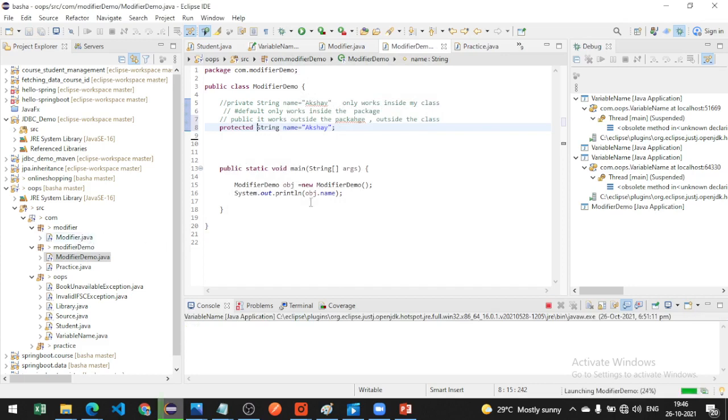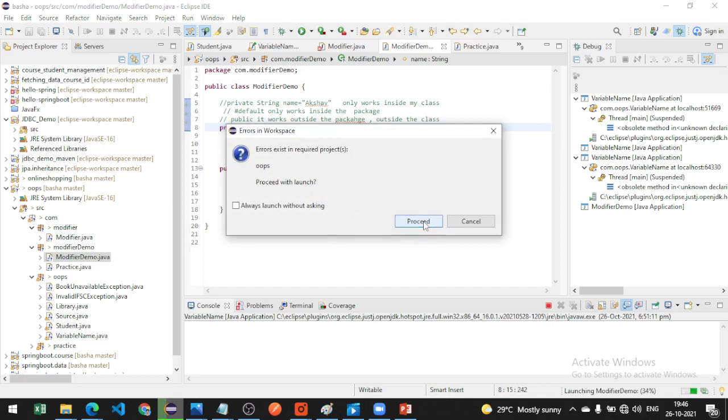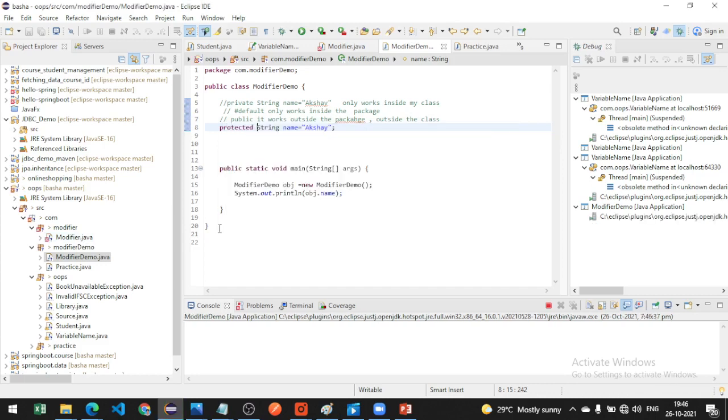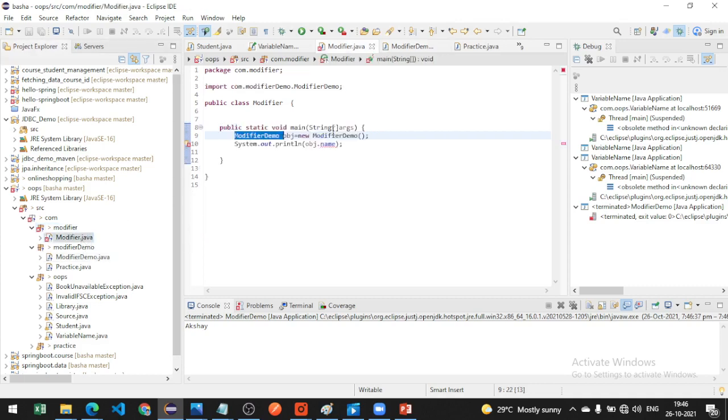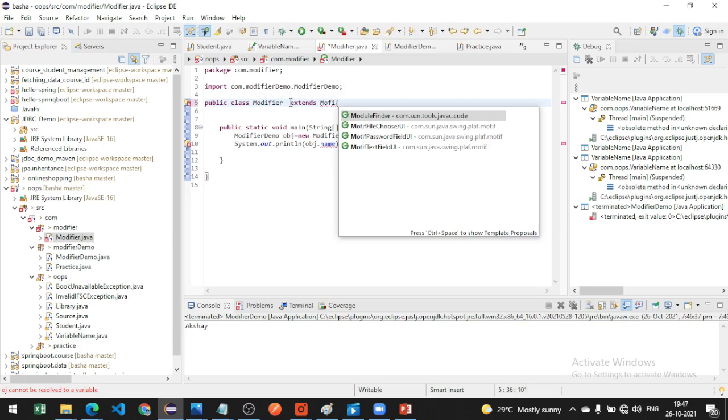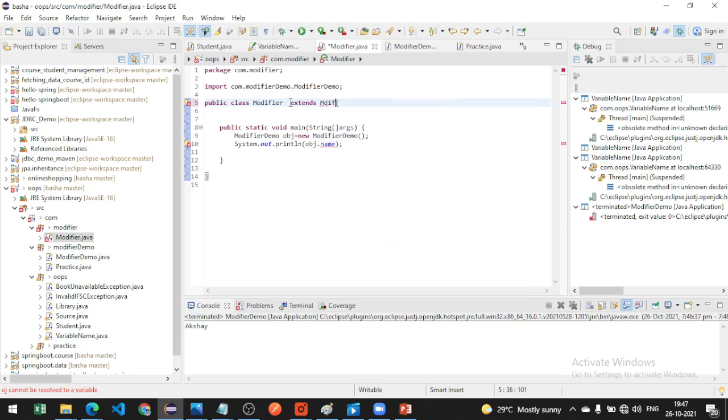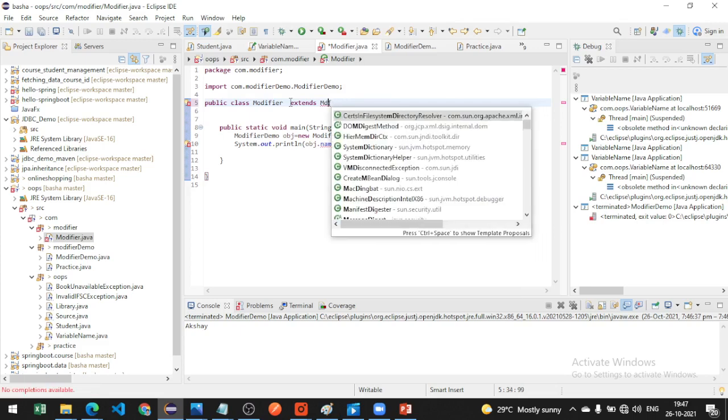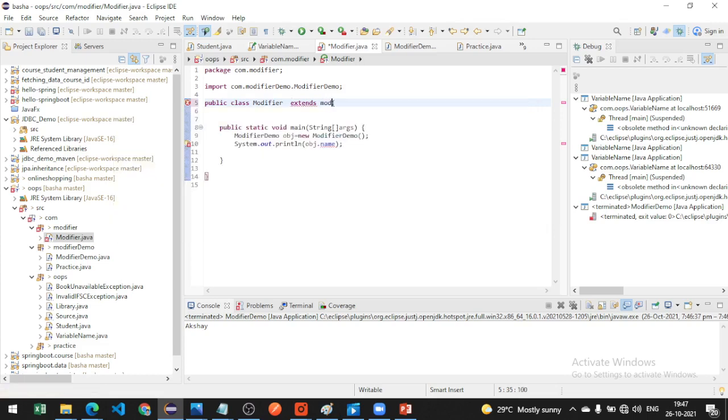It shows an error because it doesn't work outside my package unless we extend the class. So extend the modifier class. Now it works.